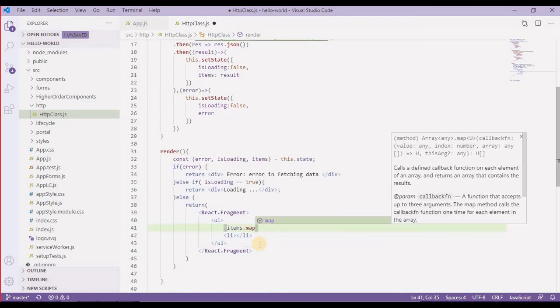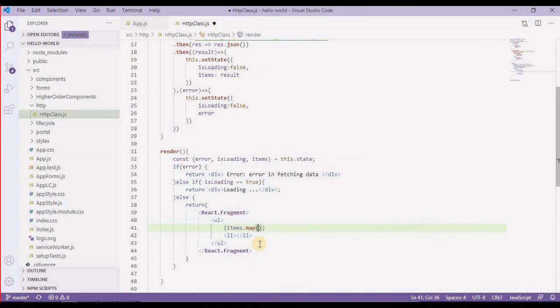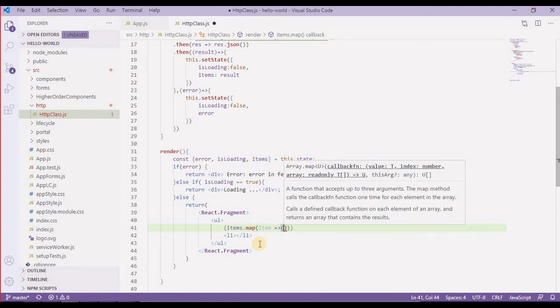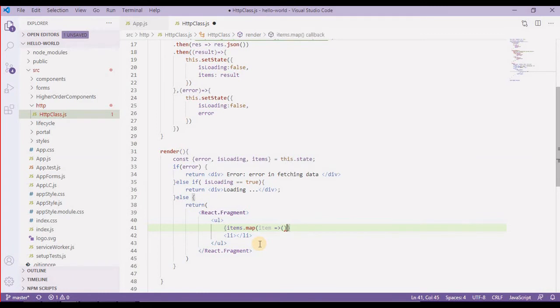Items dot map function, and then inside I'm going to provide item and then an arrow function, and then we are going to have another parenthesis over here, and inside I'm going to return this li